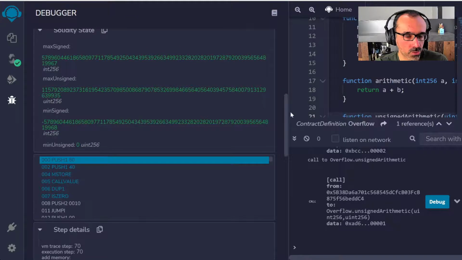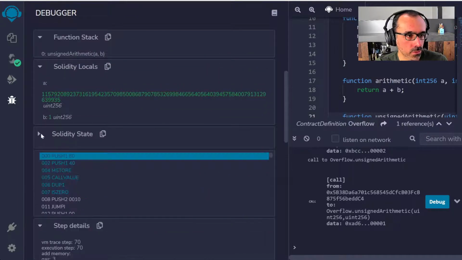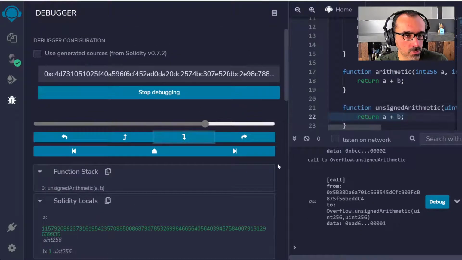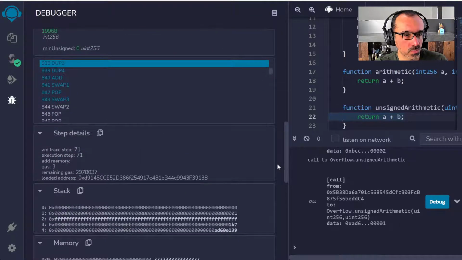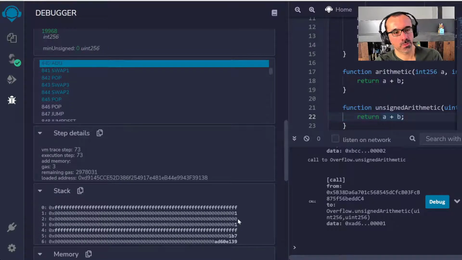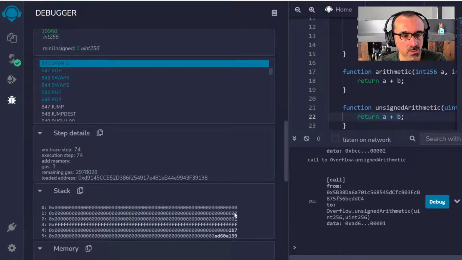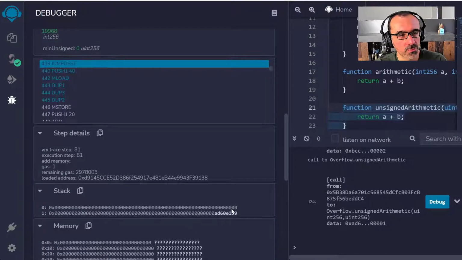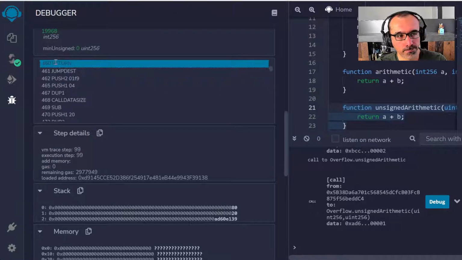And then a few instructions to get my function running. So let's just step into this, see what's happening. Nothing special. Again, it duplicates 2, so 1 goes on the top of the stack, duplicate 4, this value goes on top of the stack, then add will kick in. You can see I don't have any other thing on my stack. So once 1 is added to this maximum, the modulus arithmetic kicks in, I get 0. Other instructions, same as before, and all the way back to our return.